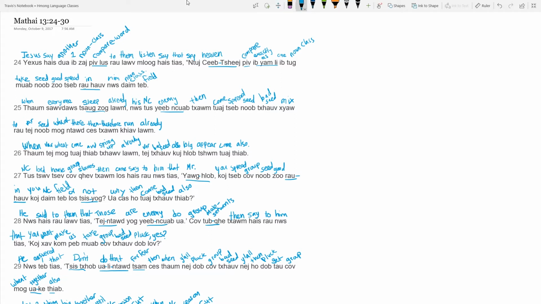Anyways, looking at verse 24, I'm going to try to underline the words as I go so you could see them. It says Yesu, so Jesus. Hai, says or said, because context tells us whether it's past, present, etc. Dua in this case means another. It can kind of go with the word I, which is number one, so another one. You could say dua o, dua pe, dua plau, another one, another two, another three, whatever is going to come next.